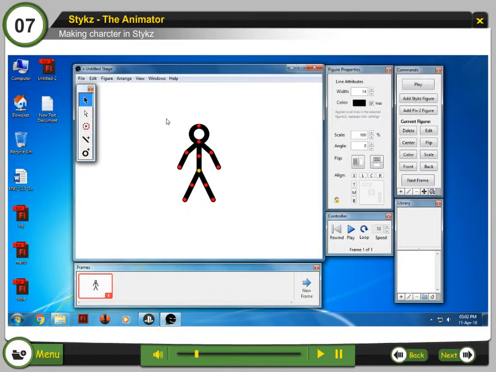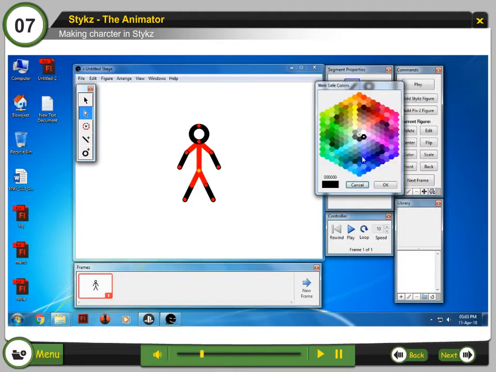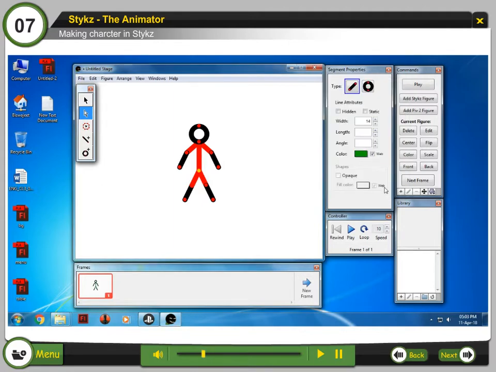Step 4. Click Sub-Select tool. Step 5. Hold the Control key and click the segments to select. The selected segments color change to red. Step 6. In the segment properties palette, click the black color in the line attribute to change the color of the segment. Step 7. Choose your favorite color from the color palette and click OK to change the color of